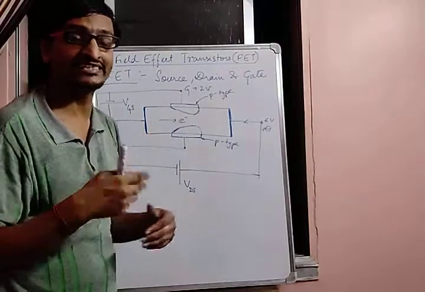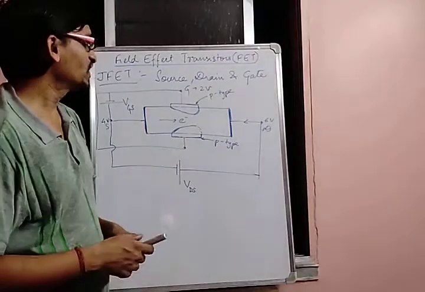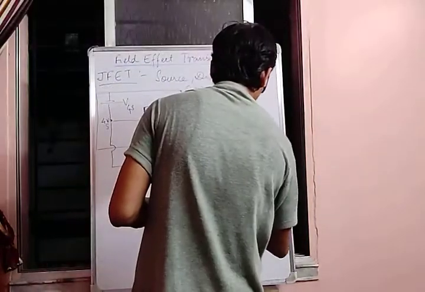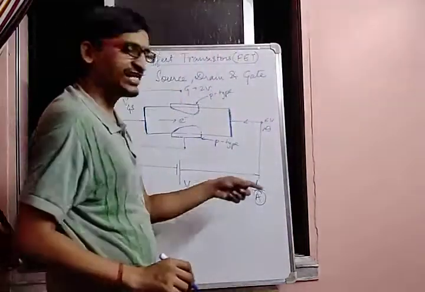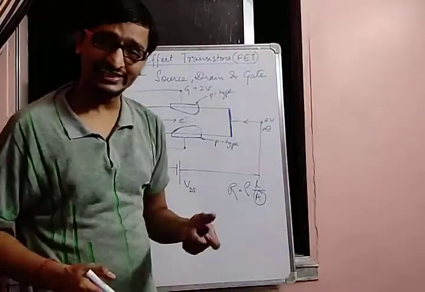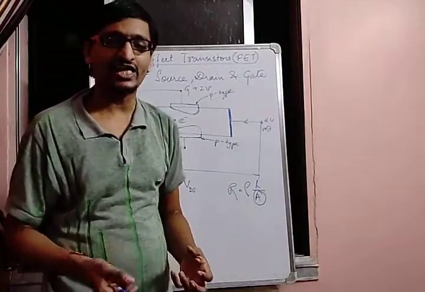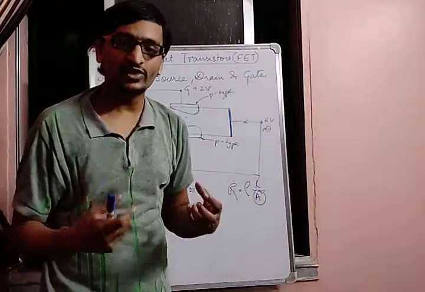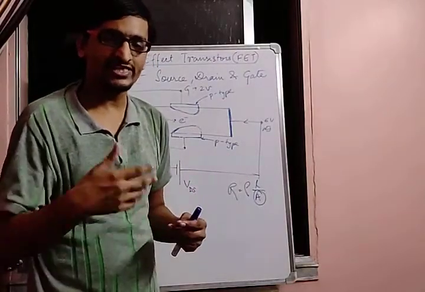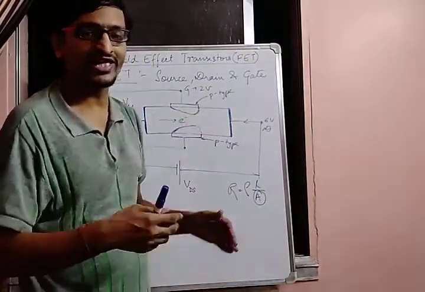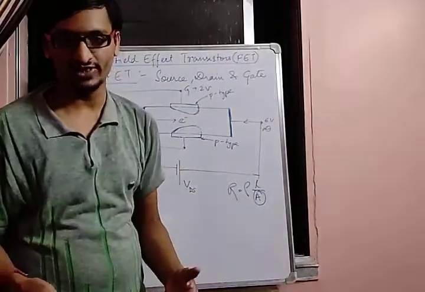So that means its resistance will increase, because we already know that the resistance R is given by rho into L by A. So if this effective area decreases, then its resistance will increase. So that means the semiconductor bar is acting like a voltage controlled resistor. As you are increasing the voltage, its resistance is also getting increased. As a result, the current which is flowing through it will go on reducing.